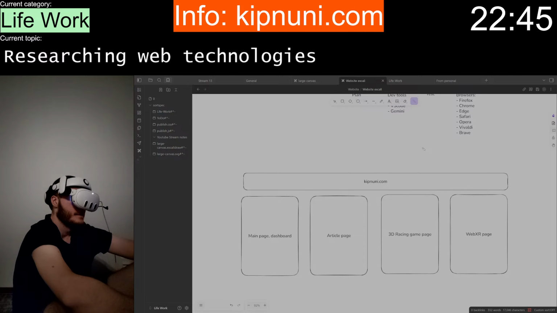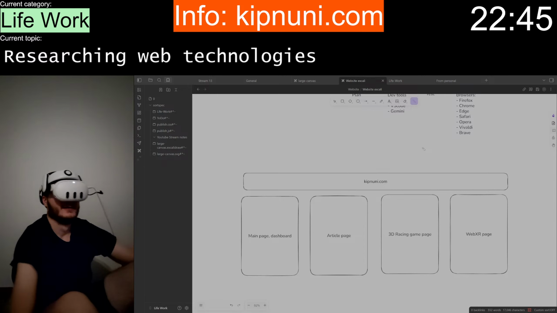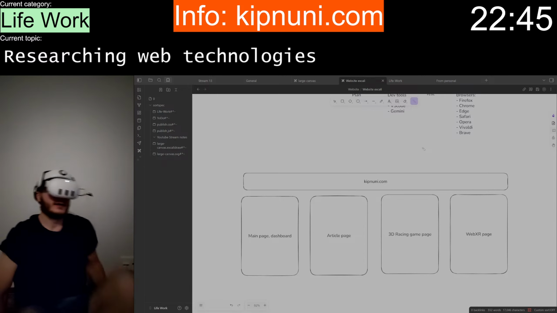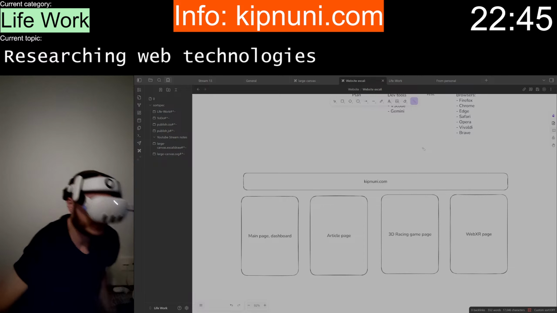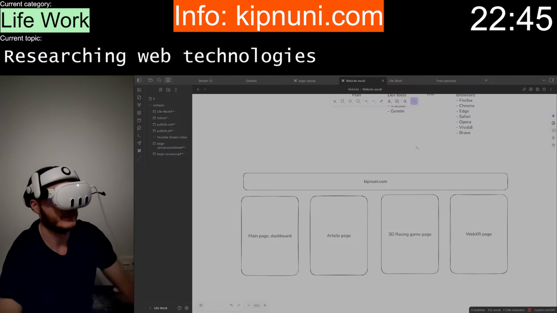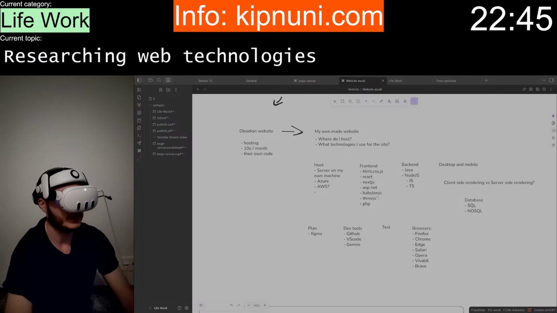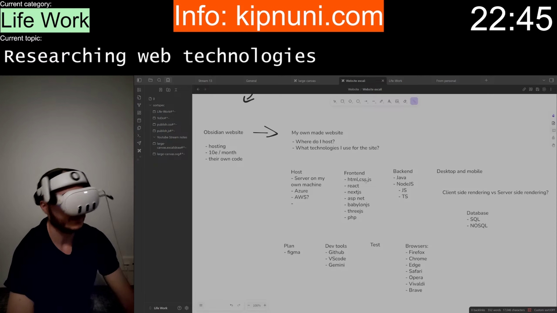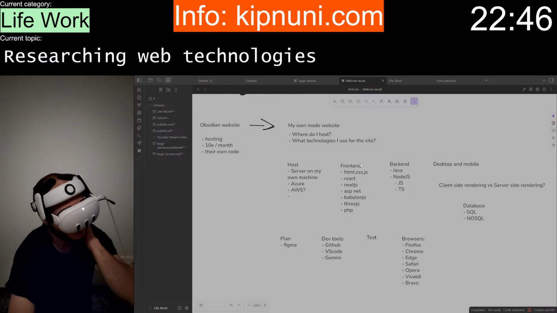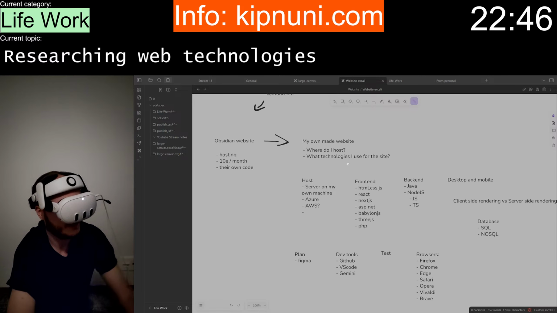Hmm. I feel like I haven't done enough because I haven't changed anything. The only thing that has evolved is that I would use Vite, which I already have used.